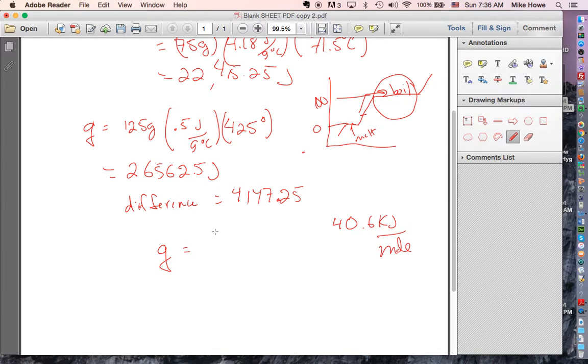Since there's no temperature change, usually we say that the quantity of heat while something is vaporizing is equal to mass times heat of vaporization. The problem is, if we do this equation using this number, the units won't match. Since we have this in kilojoules per mole, we could just say that there's